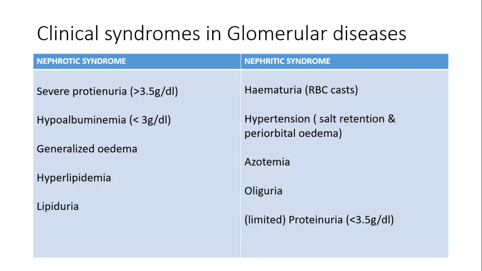We can very well understand if we are losing the protein in the urine, absolutely there will be deficiency of albumin in the blood. This severe proteinuria and hypoalbuminemia will be reflected in the form of edema because of water retention in the body, and due to albuminuria and low albumin, there will be mobilization of the stored fat to compensate for the deficiency of albumin in the blood, and that will be reflected in the form of hyperlipidemia.